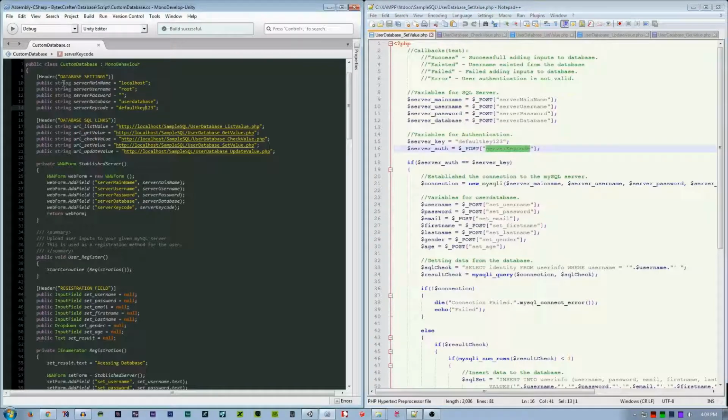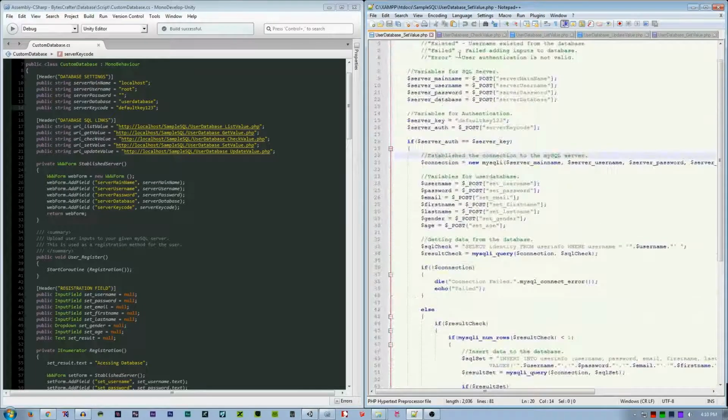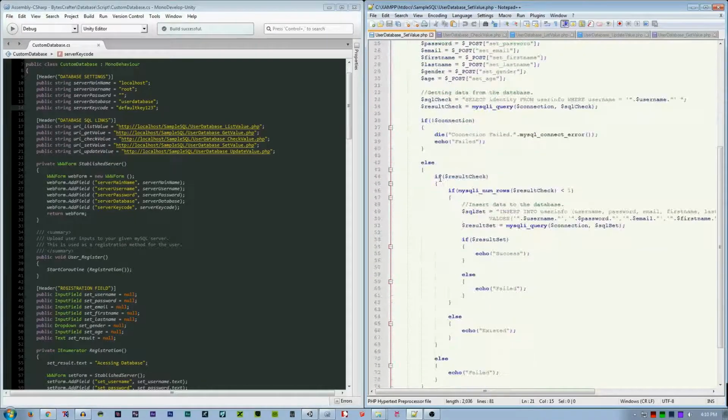I made a header setting for the server name and all of the security about the server, starting from establishing a connection. If the server auth from the C# script is equal to the server key, it will continue the script.